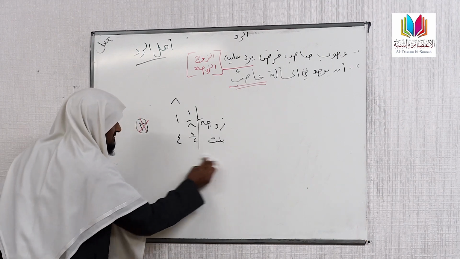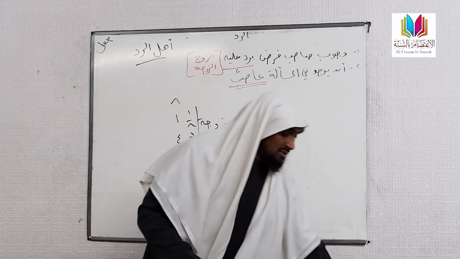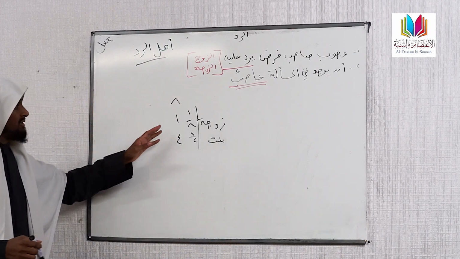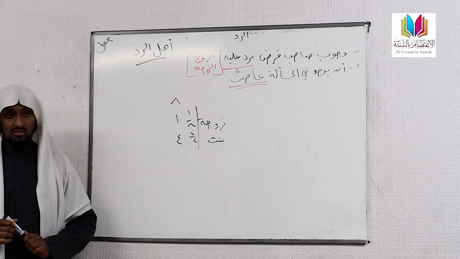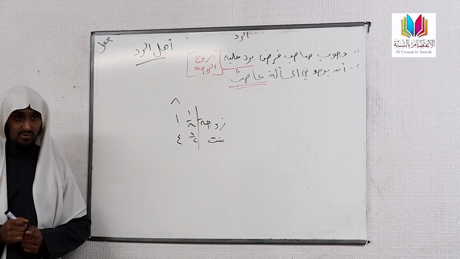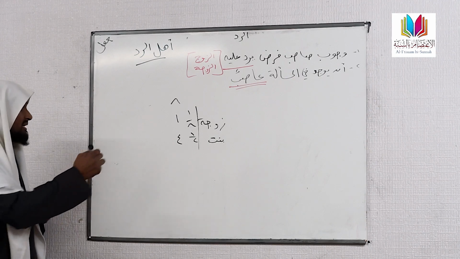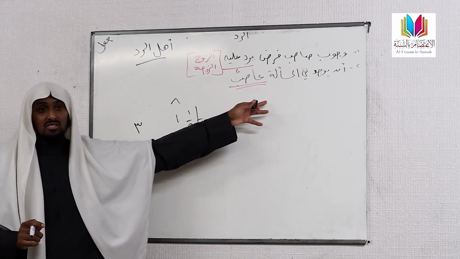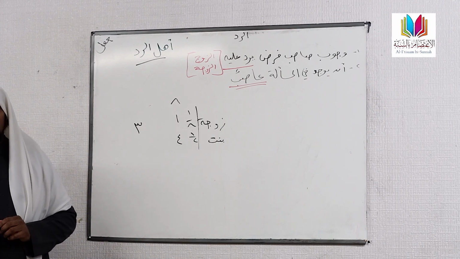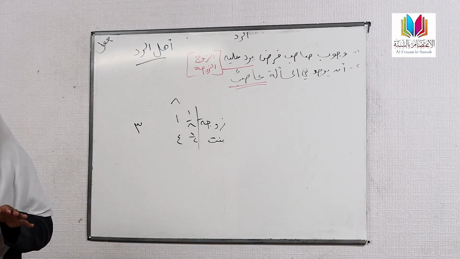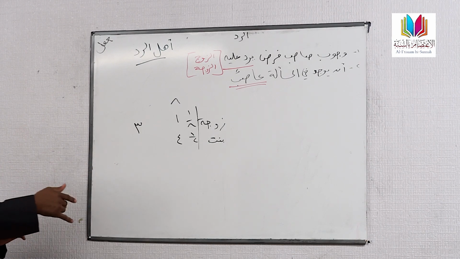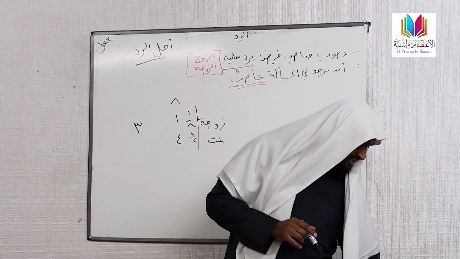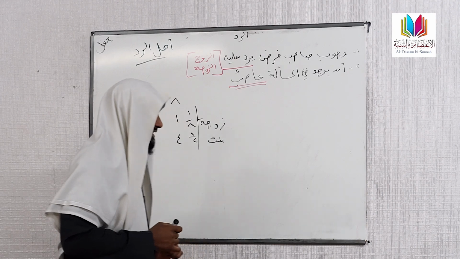So for this to be a mas'ala of rad, both conditions are met. We're not going to give anything back to the zawja. Is that understood? Why? Because she doesn't fulfill the first condition for there to be anything remaining. So we're not going to give her anything. We've got 3. The second condition is what? There's no asaba. So what do we have left over? 3. Right. Before going into the next part, which is how to distribute it,